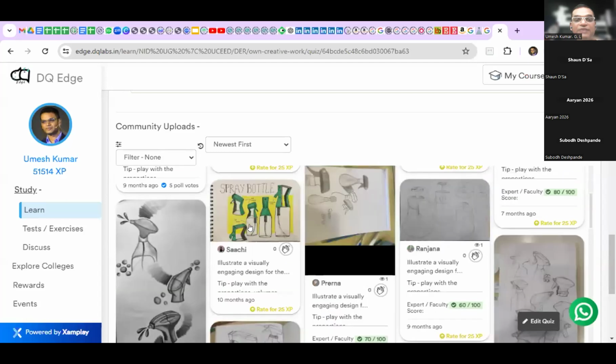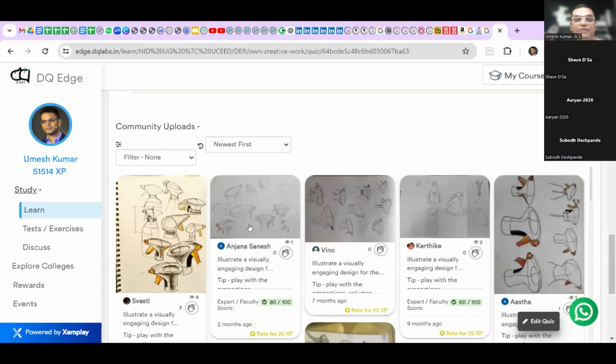Apart from that, every first Sunday I think we have a NID test, the All India mock test. So please attend those All India mock tests as well. No matter what level of preparation you are at, even if you are at a zero level, please attempt the mock test to understand what kind of questions are asked and how the paper is structured. And let us say you have learned certain concepts, then taking this mock test will help you understand how well you have understood those concepts and how well you are able to implement them.